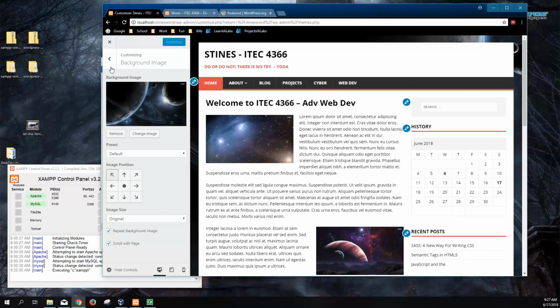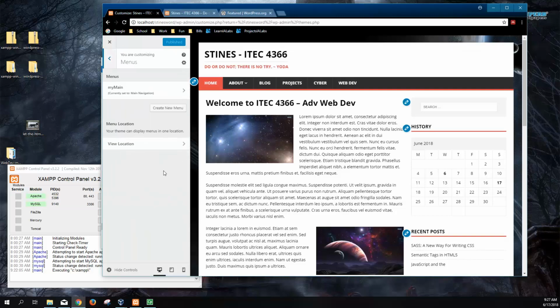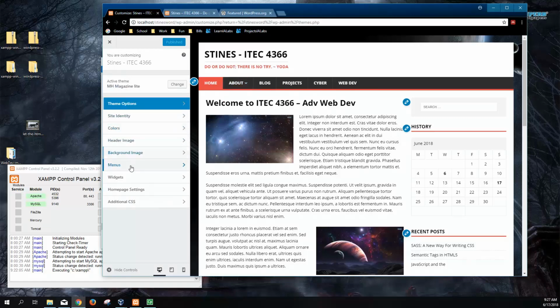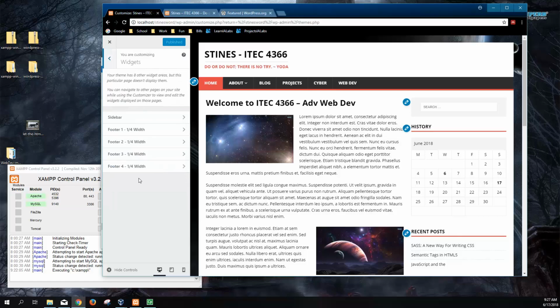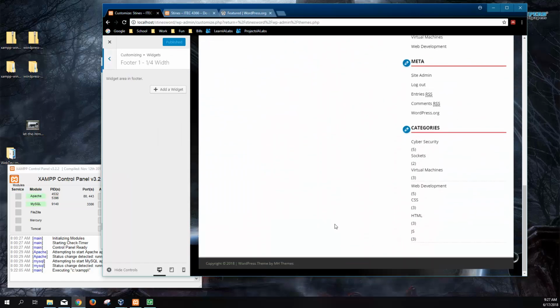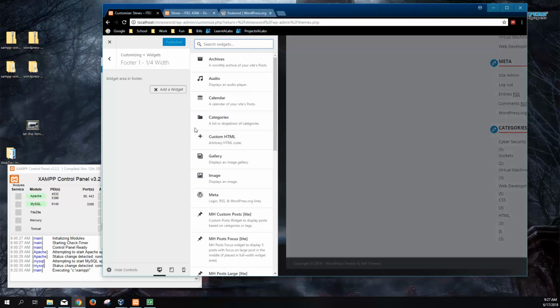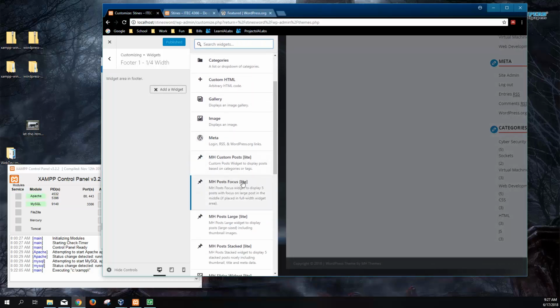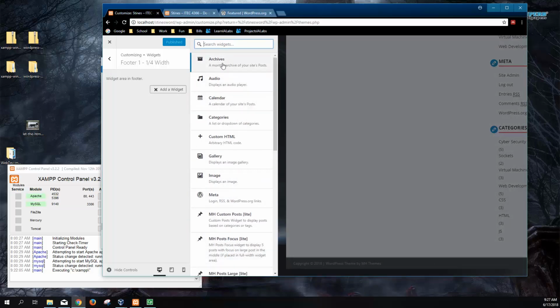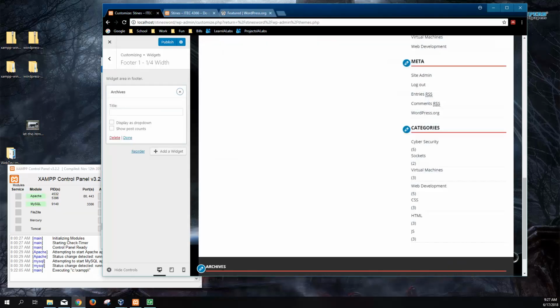Change some image stuff. Again, a lot of theme options in here. If the theme didn't take the main menu that we had set before, you could come back here and make sure that it knows which one to use. This one did look like it put our menu in the right place when we made the change, but not all themes will do that. Still some widget options if you want to fill in the bottom. Doesn't look like we had any issues at the bottom, so we could try to put in something down at the bottom for an archives link maybe, or